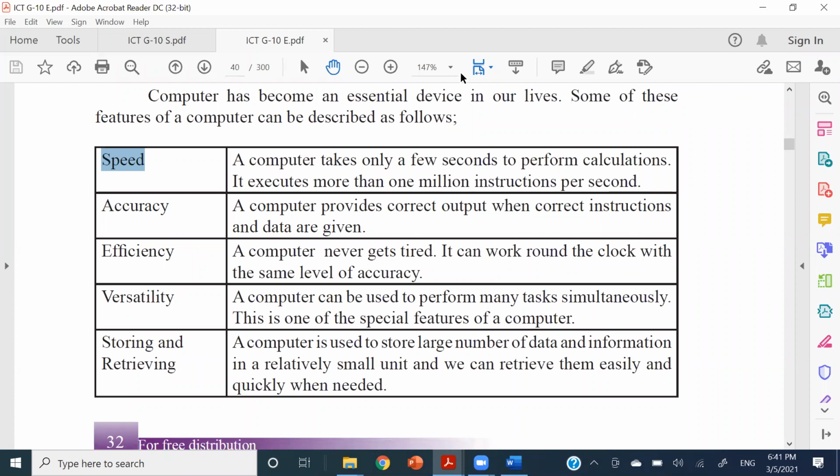But the inputs should be given in a correct manner, or the circuit should be done according to the correct method. Otherwise, it will do some jeopardizing things, or it will mix up the output if the circuit or the given input data is wrong. But with correct inputs, it will definitely give an accurate output, right? And in the aspect of efficiency, it is correlated or bound with the speed, right?